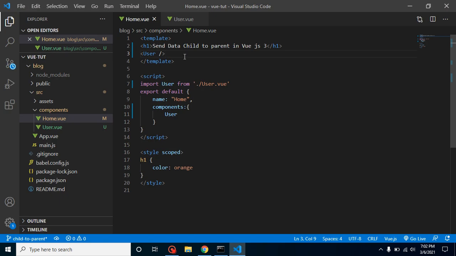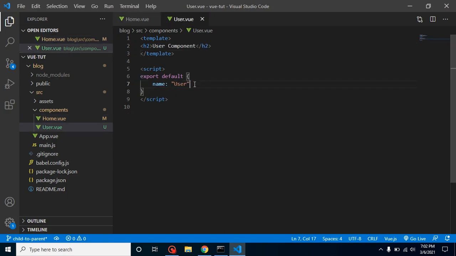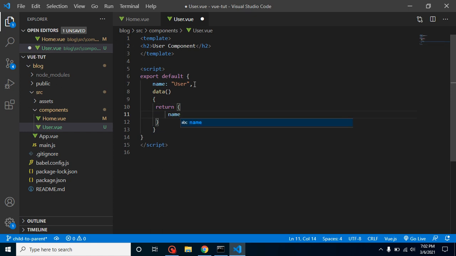Great. Now let's say in my child component I have some data, so I'm defining a data property, and first of all we need to return this statement. I have some data like name, or we can define here username, and it has, say, Peter.